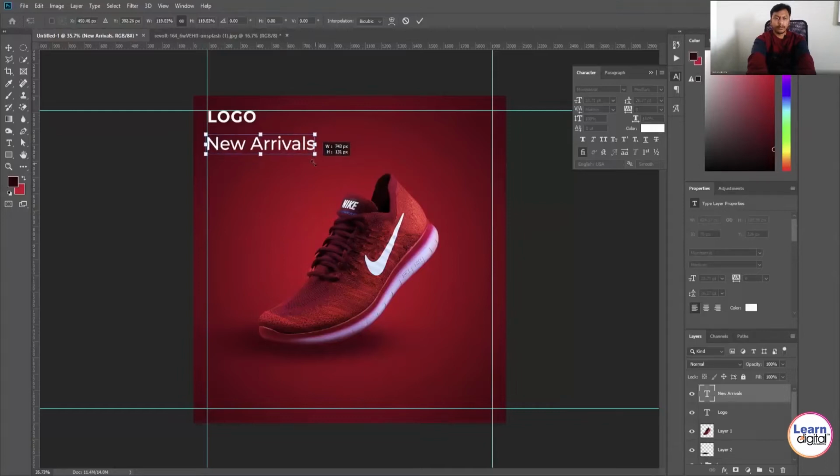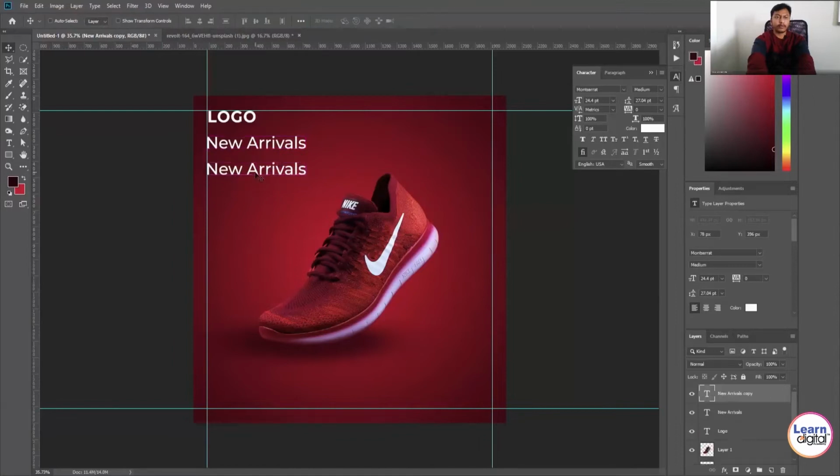Then again, I took a copy of the same layer and I'm changing the text. New arrival, big sale, or whatever you need for your promotion or advertisement purpose, you can use.